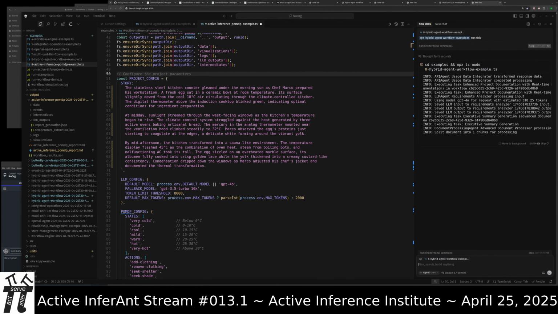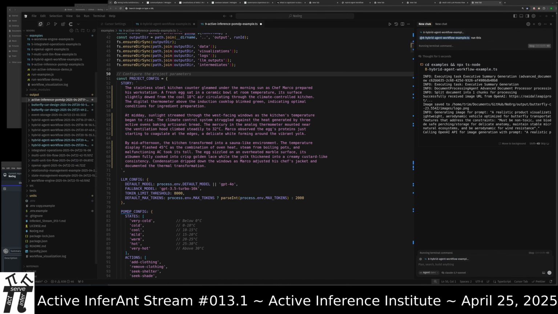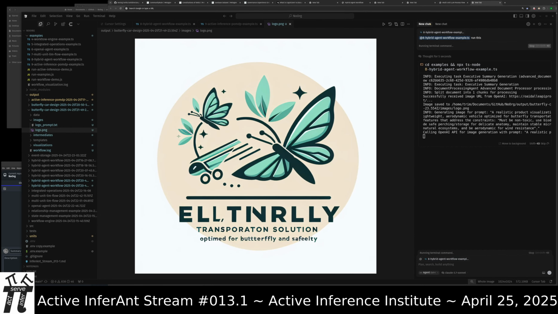There's some document chunking and splitting techniques. So here we are looking at output. Oh, did we save it?